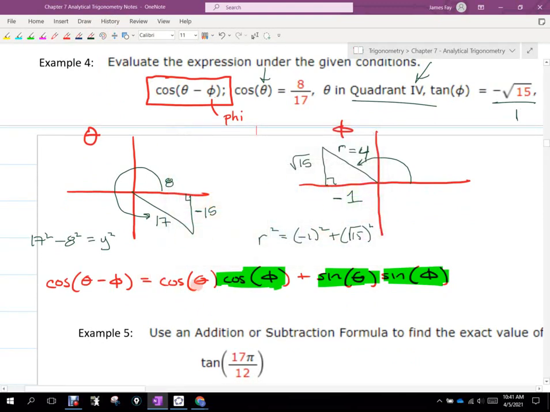All right, cosine of theta. That was given, 8/17. Not only was it given, but you can come back up to the picture and confirm it. Cosine of phi. What's cosine of phi? Negative 1/4. That's a value that you did not know prior to drawing the picture, right? Plus then, sine of theta, negative 15/17. And then sine of phi,